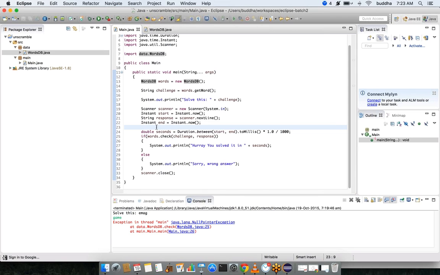Okay, so now what I want you to do is, see, I am trying to find out how many seconds a particular user has taken by using this logic, right? I don't want to keep this in this class. I want you to create a new class called stopwatch that should have methods start and stop, and the stop method should return how many seconds a specific user has taken since the start method has been called.